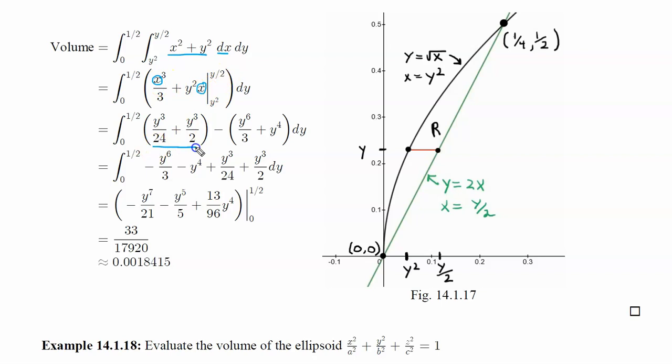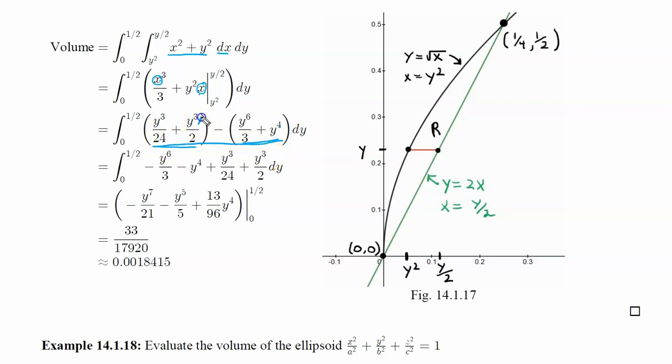We get this. Y squared goes in place here and here, and we get that. Right? Y squared in here, y squared cubed is going to be y to the 6th power. Y squared times y squared, that's going to be y to the 4th, right? Simplify this a little bit.